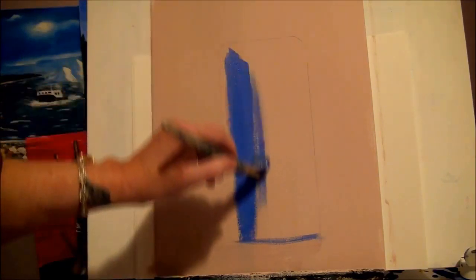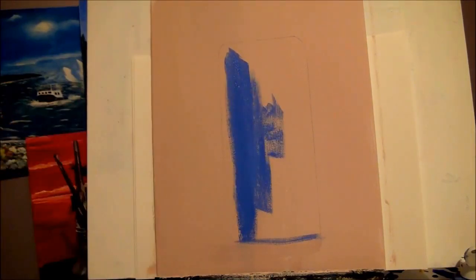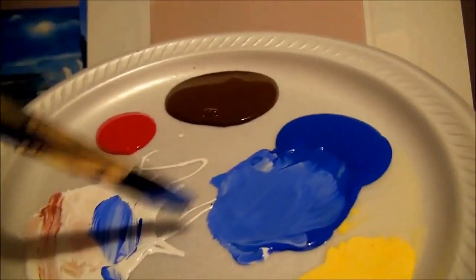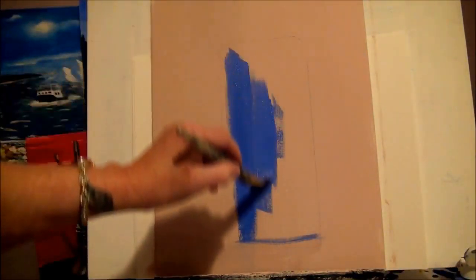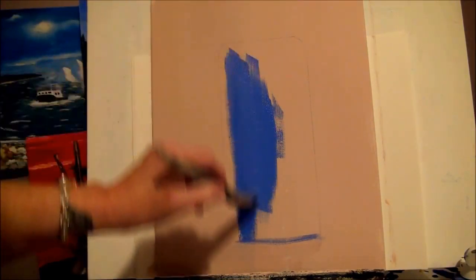any streaks, because if you just put it on like that, you're going to get all these streaks. So lots of paint on your brush, and I'm filling up my brush really good. Just mixing my blue, my white, lots of paint on my brush so that I can move the paint nice and smooth. Good. So just paint your door blue,